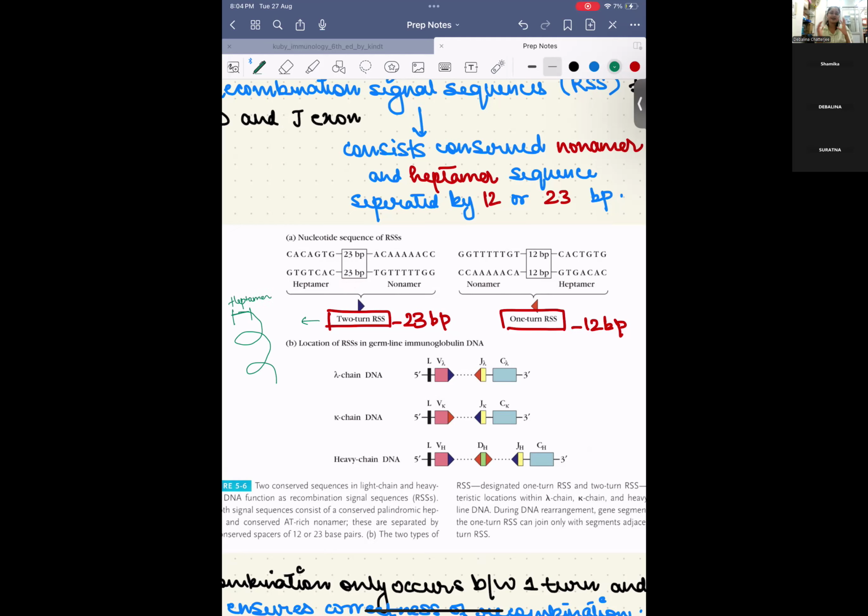We are visualizing everything like a linear structure, but essentially all of this is arranged onto the coiled DNA structure that we usually see. So if you have a heptamer here, the nonamer is present 2 turns away. This is one turn and this is the second turn. So we have 2 turns of DNA if the heptamer and nonamer sequences are apart by 23 base pairs,